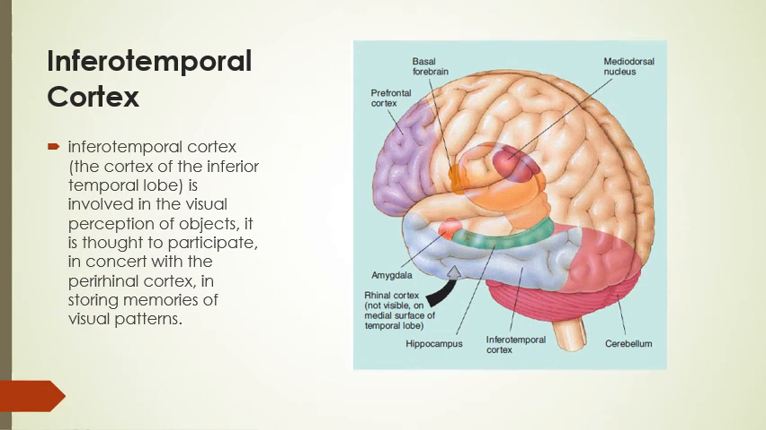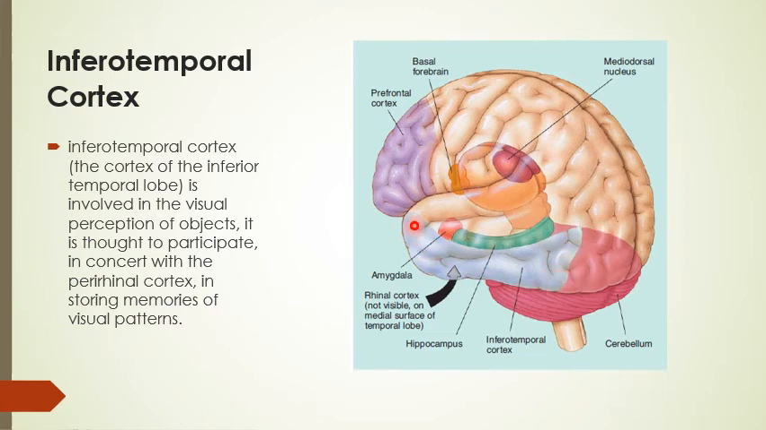Aside from the 4 that was mentioned in relation to memory storage, there are also other structures responsible. For example, the inferotemporal cortex. So this cortex is the inferior, the cortex of the inferior temporal lobe. And it is involved in visual perception of objects and is thought to participate in concert with the perirhinal cortex. The perirhinal cortex is for, again, object recognition in storing memories of visual patterns. So this is the